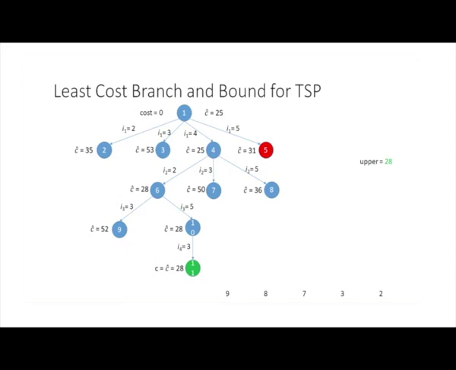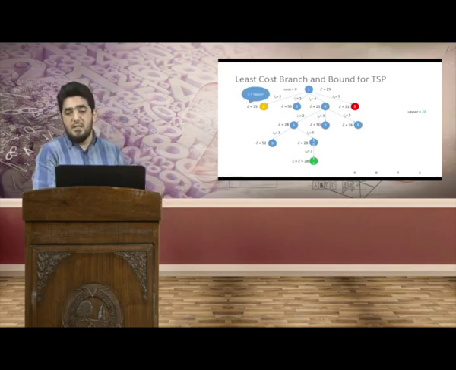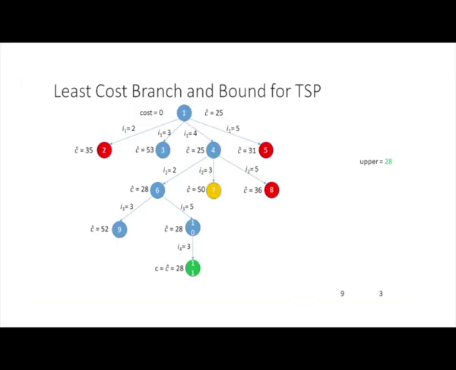Now among the remaining nodes, node number 2 is the one with the least cost, but again the cost here is way greater than the upper value. So again we'll discard this node. From among the remaining nodes, node number 8 is then considered. Again its value is greater than the upper value, so this is discarded. Similarly node number 7 is discarded, node number 9 is discarded, and then node number 3 is discarded as well. And there is no remaining active node left,